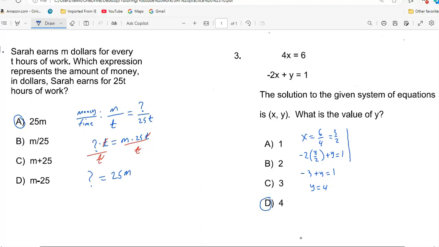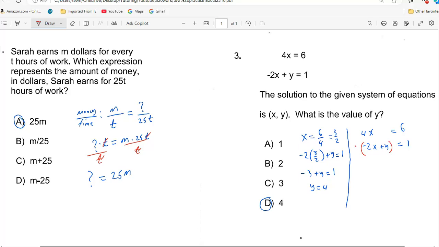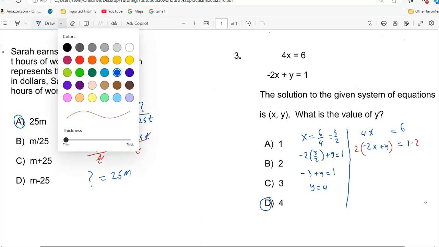You can do linear combination. If I have the first equation 4x equal to 6 and the second equation negative 2x plus y equal to 1, all you have to do is multiply the second equation, both sides, by 2. Why is that? Because I want to get rid of the x. So I'm going to create negative 4x, positive 4x, they cancel each other, right? So here I have the first equation, 4x equal to